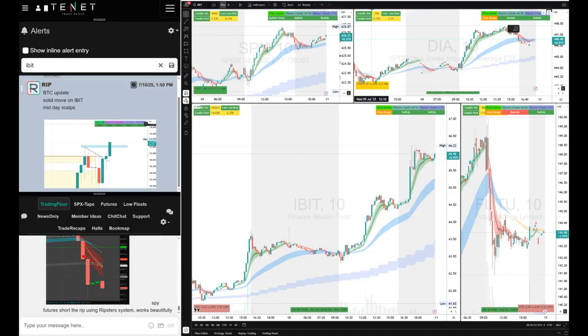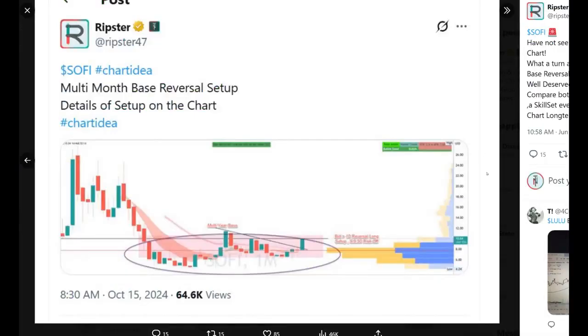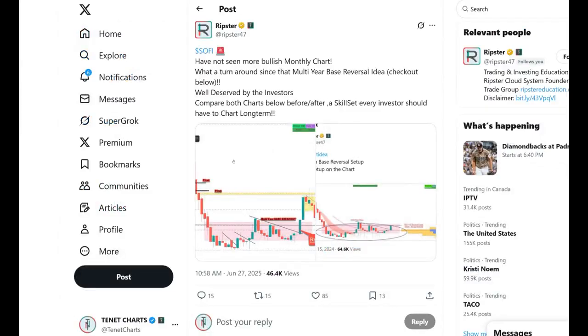All right, so let's look at some of our swing winners here. A lot of my followers have been asking me to talk about some of the swing ideas that I have been giving recently. So let's take a starter with SOFI. The real swing idea or investment idea started last year, October 15th, because we were consolidating under this range. This was a reversal. I gave the multi-month reversal idea at $10 to everyone, because it's a waste of time for these investors who have been holding for many years. This is the time when it starts to break out. So at that time, it was good.